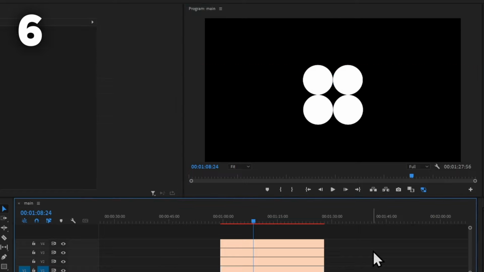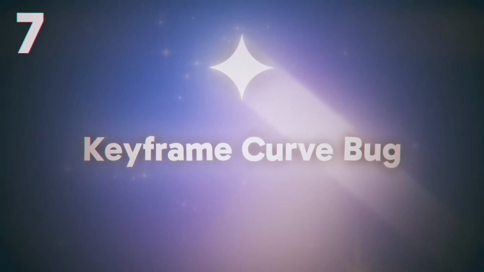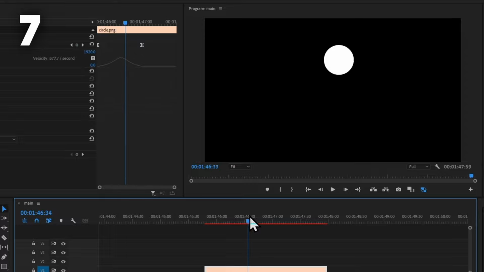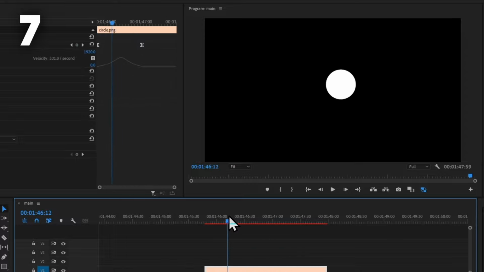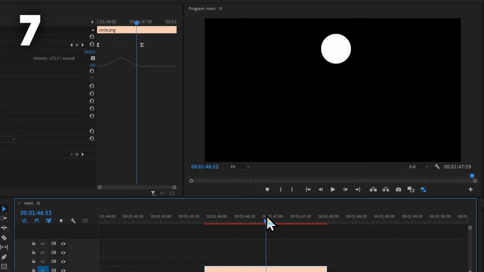Number 7, the keyframe curve bug. I'm sure at some point in your editing career, you've run into this glitch where you animate something to go in a straight line, but instead, Premiere Pro makes it do a curve. This is one of the most infuriating bugs that I've ever encountered inside of Premiere Pro, until I realized